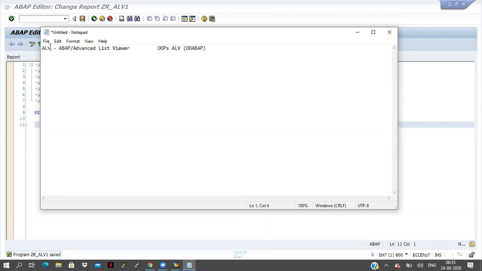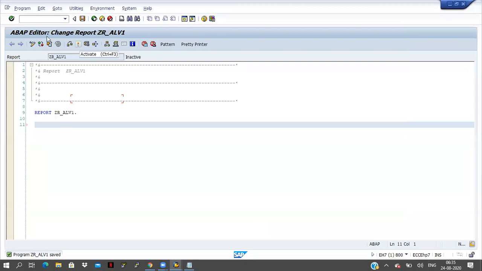ALV stands for ABAP List Viewer or Advanced List Viewer. So what is the use of this? Previously I have created some reports, right? I will open that one.